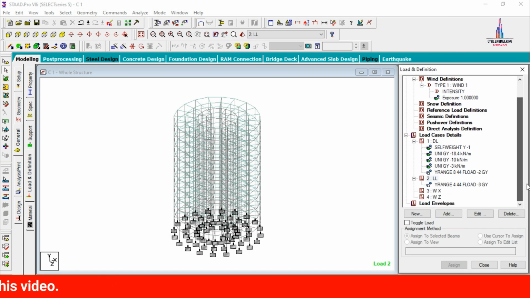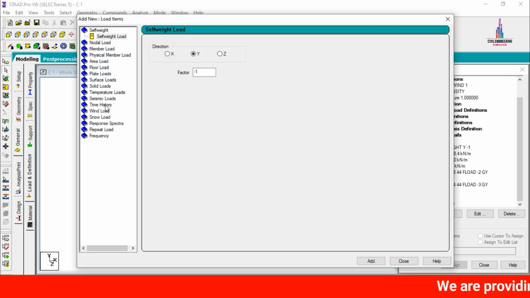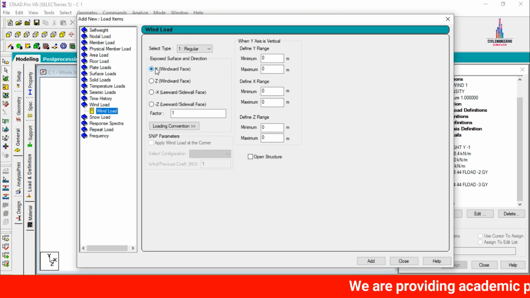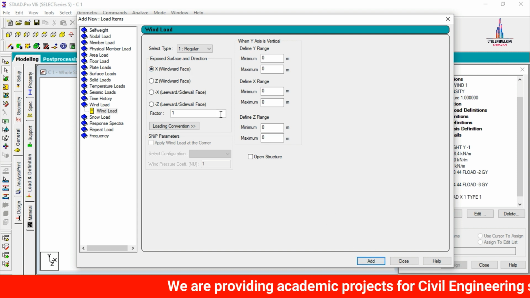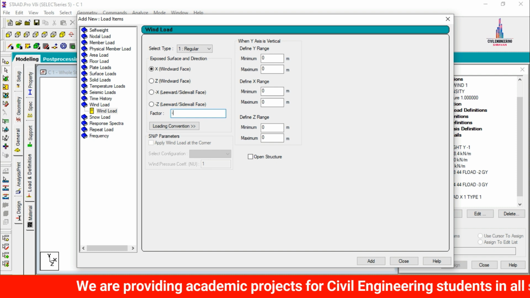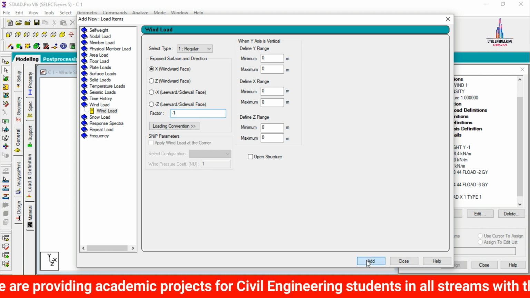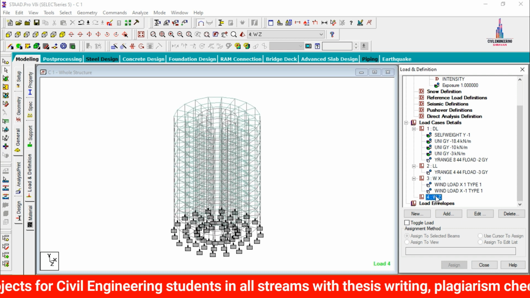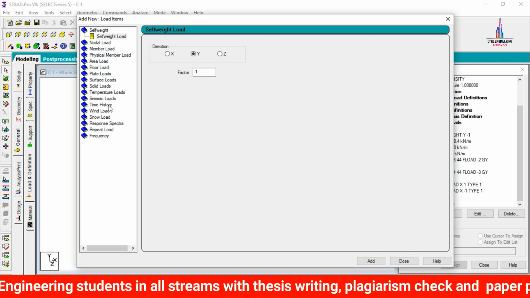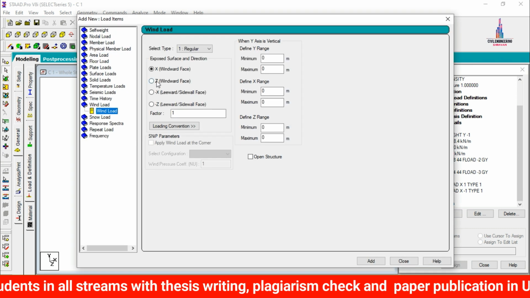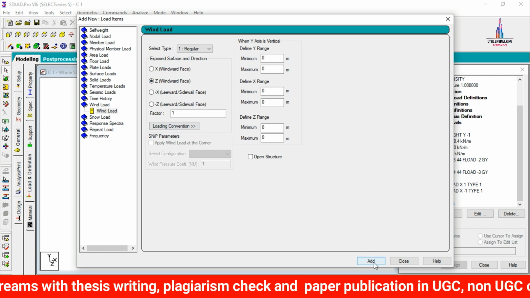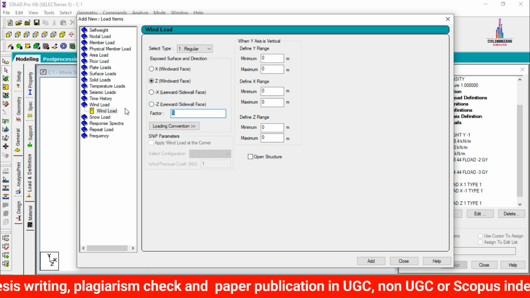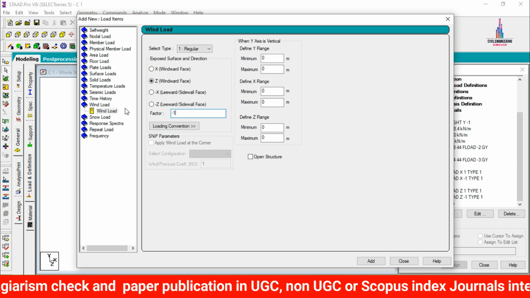After that, we have to assign the wind load. Select the wind x direction, click on add. Now we have to select the wind load which is in x condition system, in the wind facing direction with the factor 1. Again, in the opposite direction, we need to add it as -1 factor, add, close. Select the wind load again in z direction system. Click on add option. Select the wind load which is in z condition system with the factor 1, add button. In the same process, we add the -1 factor, add here.